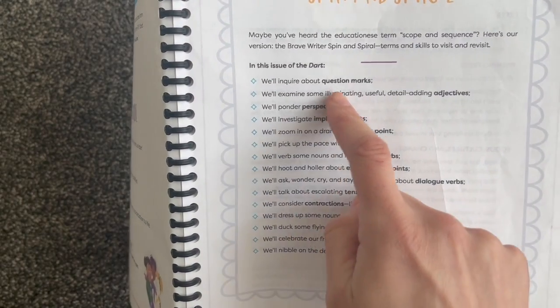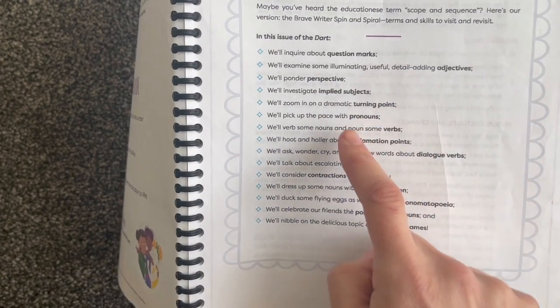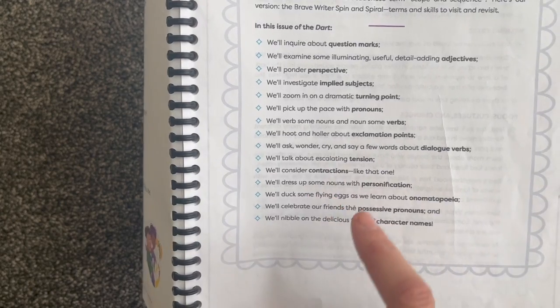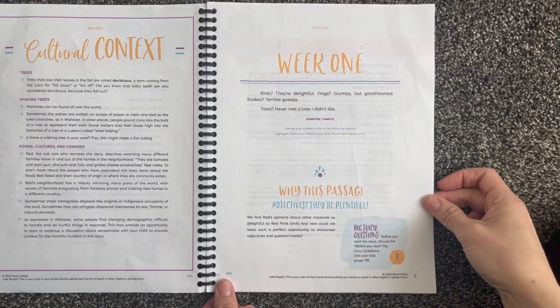You're going to be covering question marks, adjectives, perspective, implied subjects, turning point, pronouns, verbs, exclamation points, dialogue verbs, tension, contractions, personification, onomatopoeia, possessive pronouns, and character names. Okay, so come week 1,